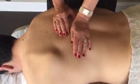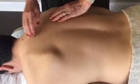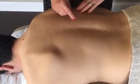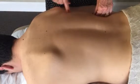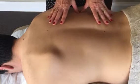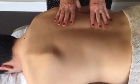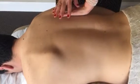We can do a small amount of PA mobs, but often what we find too with thoracic spine, because it is such a tight part of the spine, we can use pressures on the ribs to actually free you up centrally, and it feels pleasant. Remember, the rib angle comes out and does this, and what we're looking for is the prominent rib, running your hand up here like running your hand up a washboard. The one that sits up proud is the problem one. We think it sits up proud because the intercostal muscles between the ribs go into spasm and sort of force it up. So we mobilise on the rib angle here to get activity here,